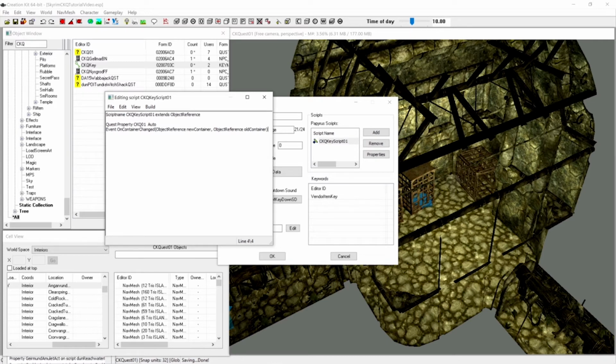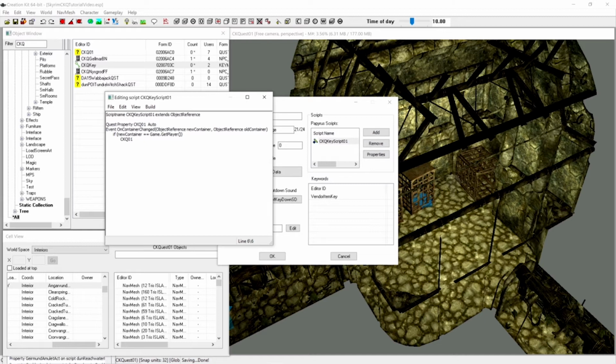I'm going to close the parenthesis, enter, and then I'm going to hit tab. If new container is the same as game.getPlayer, and then hit enter, tab,